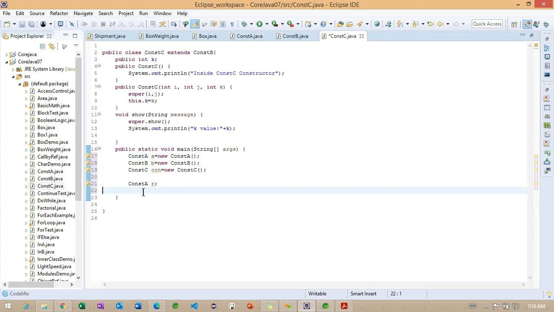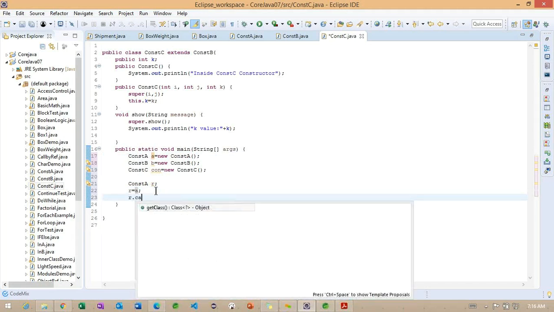after creating this particular reference here, R is equals to A. What I'm doing here, whatever the A object we are having, I am assigning into the particular reference called R. Getting the point. So if I'm going to call